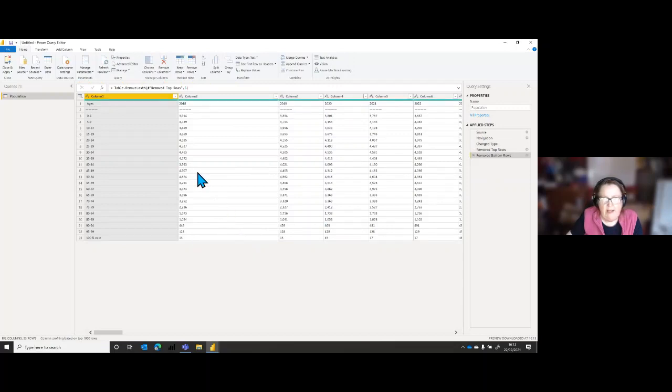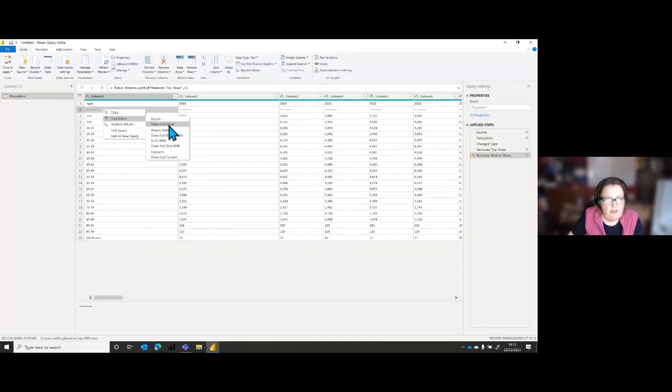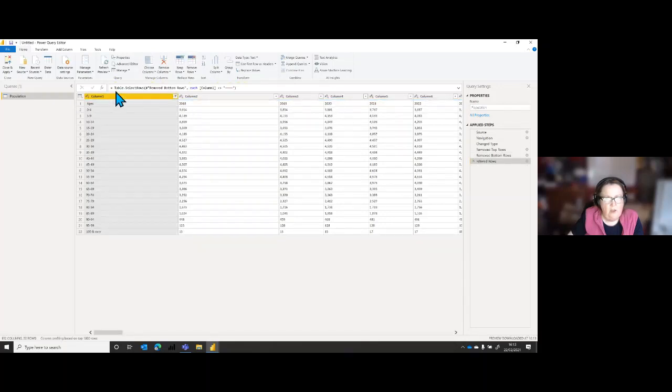Right. Now, the next thing is row 2 here has these hyphens in it. I really don't want the rows that have got that in. So a nice easy way to do filtering is to right click on the value that you don't want. And then on text filters, I can pick does not equal. And there you are, you'll see that it's put in there a filter of does not equal lots of those dashes. And again, we've got a filtered row step appeared here.